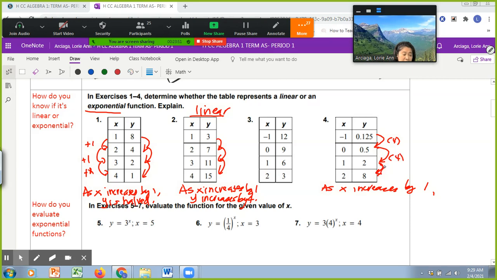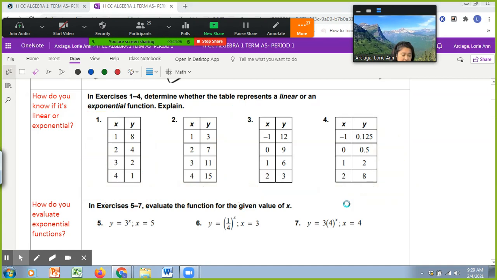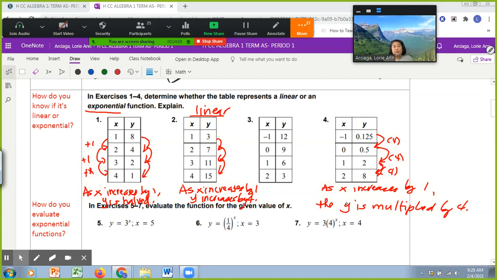Your keyword gives you the answer. When it says times or divide, then you know it's exponential. So as x increases by 1, the y is multiplied by 4, or it's quadrupled. All right, so this is exponential. That's the basic difference between linear that we did last semester and exponential. If you add or subtract, it's linear. I'm going to leave number 3 to you as a practice, so go ahead and think about it